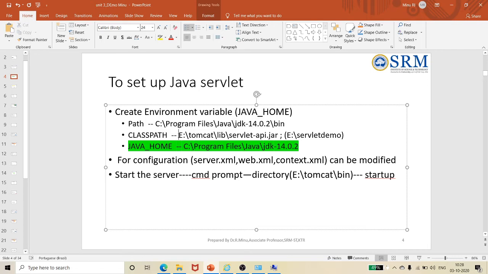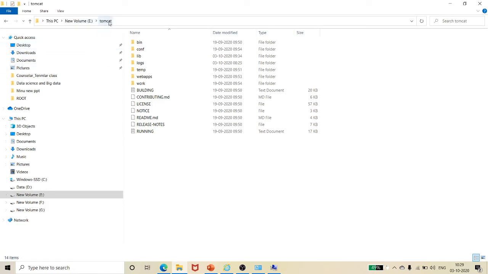And for the requirement of your server, you should set the Tomcat path, which will be different in your own system. According to your own system, that particular path /lib/servlet-api.jar, and be very careful. This library file, according to the Tomcat which I downloaded, resides right after the Tomcat folder. Certain downloads may have this library file inside webapps, but in this particular version, Tomcat 9, the lib folder resides immediately after the main folder.